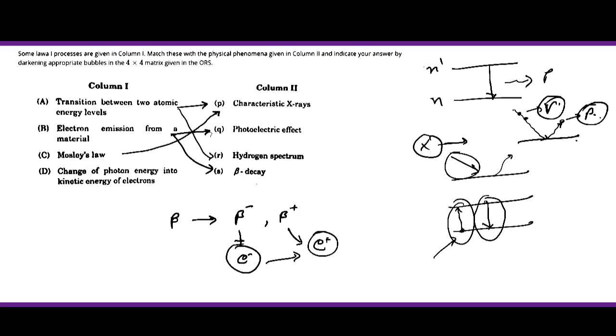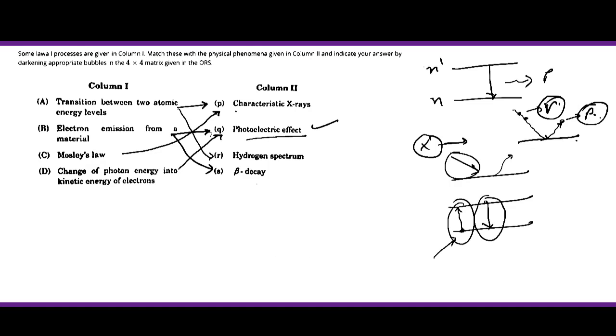चेंज ऑफ फोटोन एनर्जी इनटू काइनेटिक एनर्जी ऑफ इलेक्ट्रॉन किस में हो रहा है, सिर्फ फोटो इलेक्ट्रिक इफेक्ट में हो रहा है, और किसी भी जो है कॉलम सेकंड में किसी के भी साथ मैच नहीं करेगा। जैसे कि कैरेक्टरिस्टिक एक्सरेज है, फोटो इलेक्ट्रिक इफेक्ट है, हाइड्रोजन एटम है, हाइड्रोजन स्पेक्ट्रम है, और बीटा डीके है। तो सिर्फ ये फोटो इलेक्ट्रिक इफेक्ट को बिलोंग करता है, ठीक है।